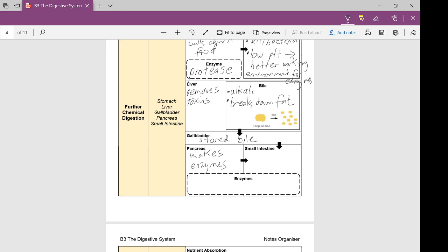So food from the stomach goes into the small intestine, and as that happens, we have the liver and gallbladder and the pancreas all sending the materials they make into the small intestine to support it. The small intestine is where the food is, but then you have the liver, gallbladder and pancreas sending materials there to help with digestion. The liver and the gallbladder send in the bile. The bile helps with neutralizing the acid and breaking down fat into smaller drops. And the pancreas sends in some enzymes. And the small intestine is where more digestion happens